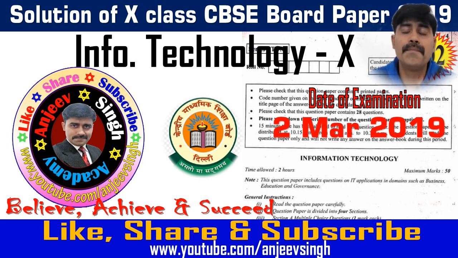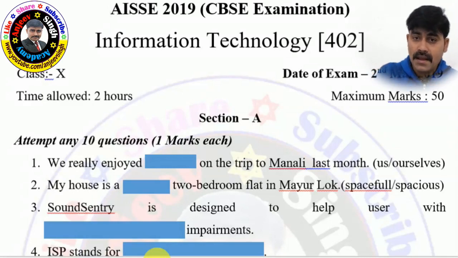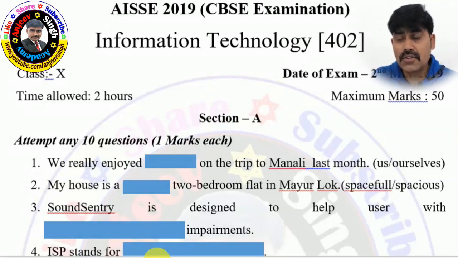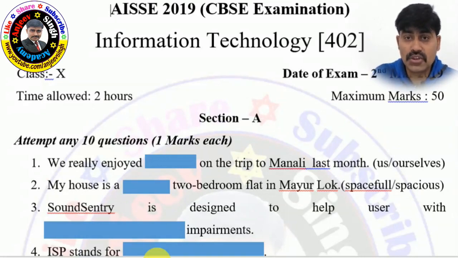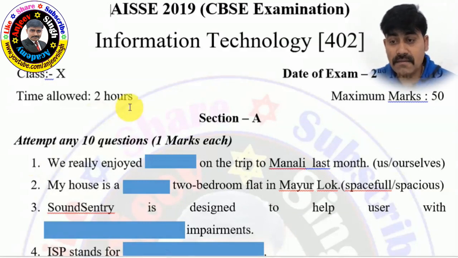कि आपके पेपर अच्छे हुए होंगे। आइए मैं आपके लिए इंफॉर्मेशन टेक्नोलॉजी कोड 402 क्लास 10th का सॉल्यूशन लाया हूं कल के पेपर का। डेट ऑफ एग्जाम 2 मार्च 2019। तो आइए क्वेश्चंस पेपर को देखते हैं। क्वेश्चन को मैंने टाइप करके रखा है और उसके सॉल्यूशन को भी टाइप करके रखा है ताकि मैं आपको जल्दी जल्दी से बता सकूं कि आप अपने आप को चेक कर सको। ओके, सो you got 2 hours time for